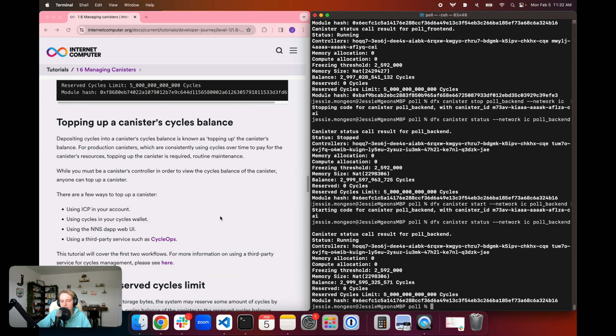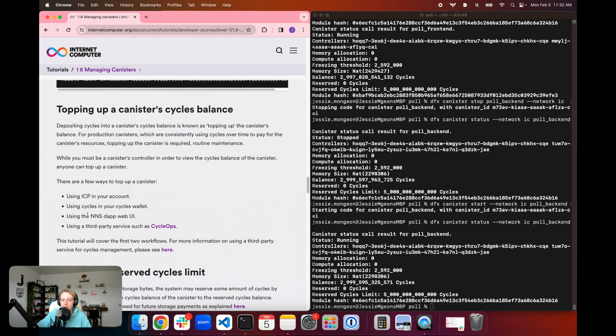So to top up that balance, we can use either a command in the command line here, or we can use other methods such as using cycles from the NNS dapp, and we can also use a third-party cycle service such as CycleOps. We aren't going to go through these two latter options in this tutorial, the NNS dapp option and the third-party service option, but we are going to go over using ICP,